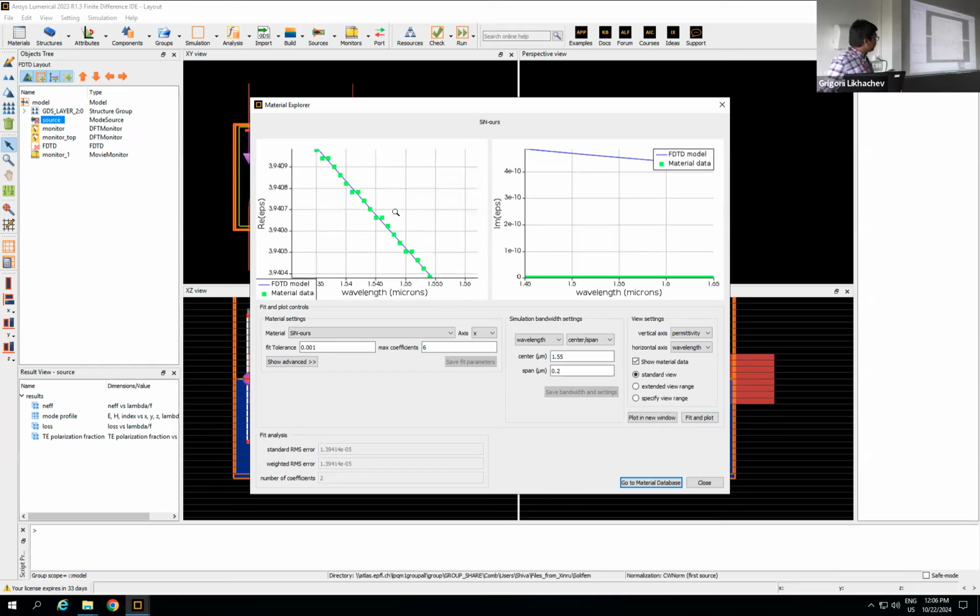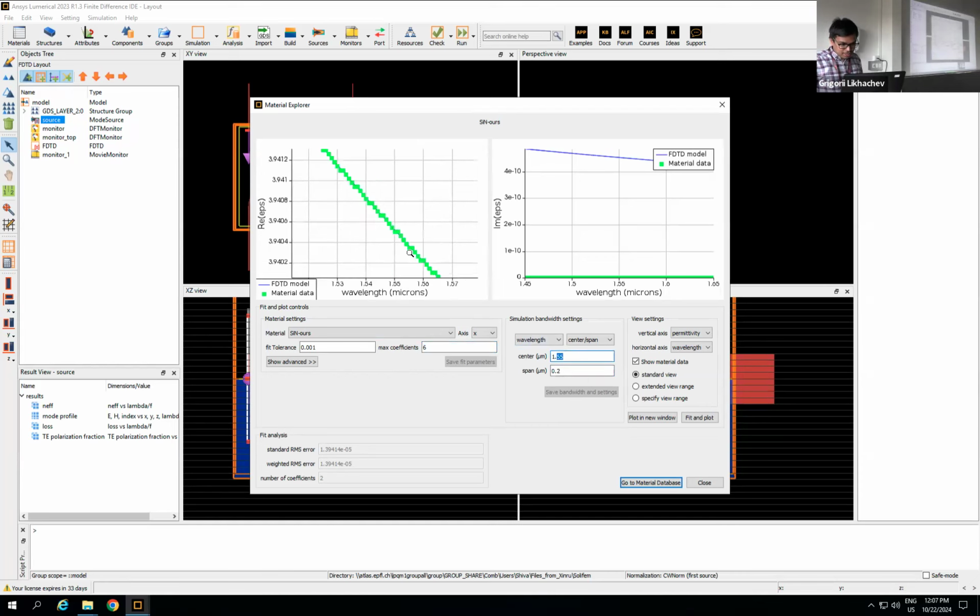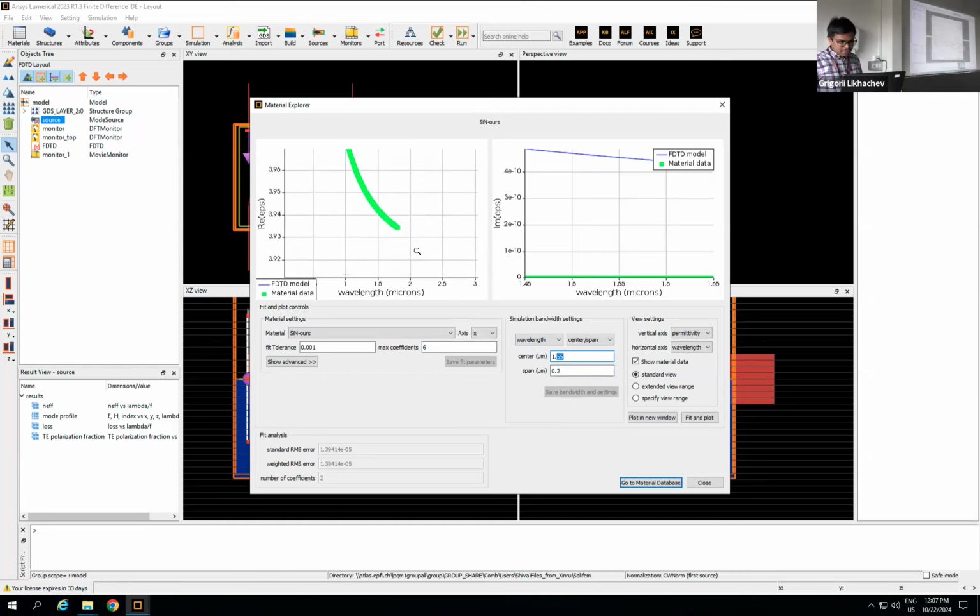You need to make sure that your material interpolation is done based on the values that you imported. For example, the green dots are the numbers that were inside the .mdf file, and the blue line is the one which it is going to use for the epsilon, the permittivity, which is directly related to refractive index. So this is important, and it took 6 polynomial constants to fit this polynomial, and it had actually not fitted across all wavelengths. Like it won't be fitted around this 0.9 micron. You see no blue line because